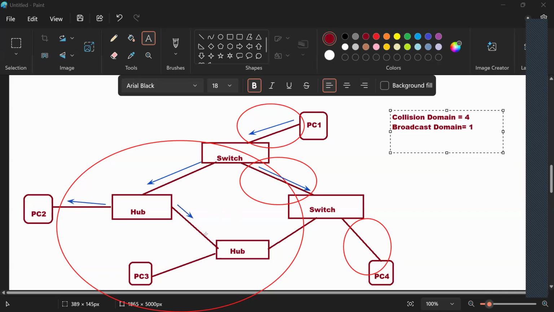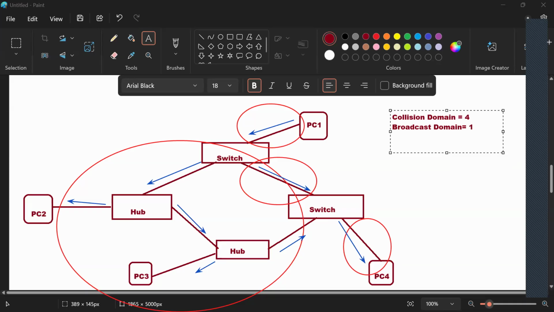The hub will also broadcast. This switch will also broadcast. The broadcast message reaches the entire network. That means only one broadcast domain. Clear? So now it is clear how there are 4 collision domains and 1 broadcast domain.